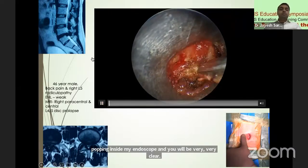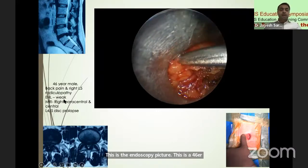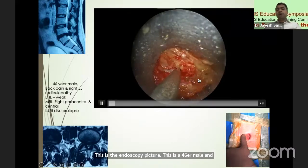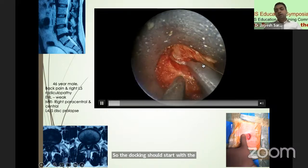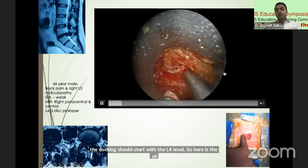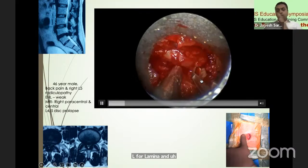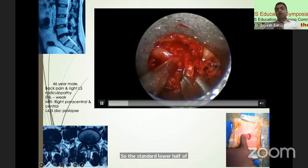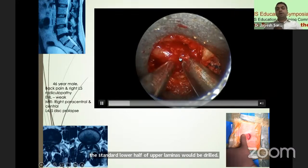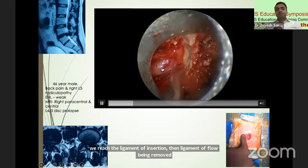this is the endoscopy picture. This is a 46-year-old male who has right side radiculopathy and EHL weakness. So I'm doing L4-5 endoscopic discectomy. For the docking, you should start with the L4 level. So here is the L4 lamina, and at 6 o'clock is the facet. The standard is that the lower half of the upper lamina should be drilled till we reach the ligamentum flavum insertion, then the ligamentum flavum is removed,